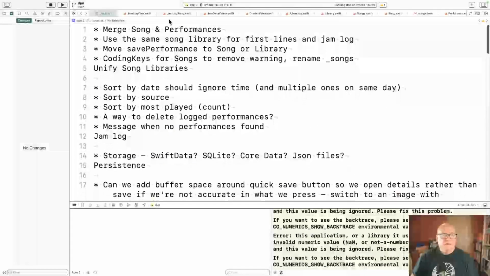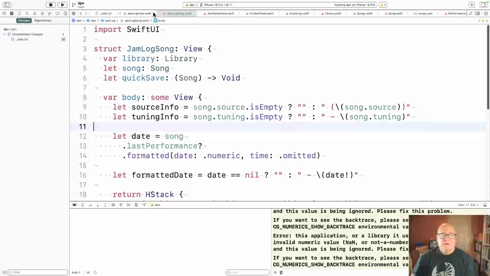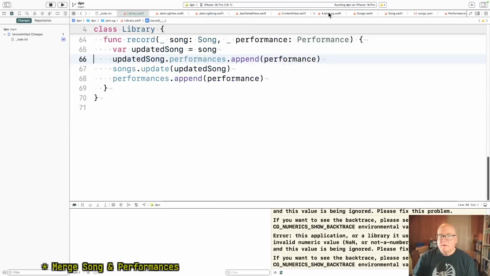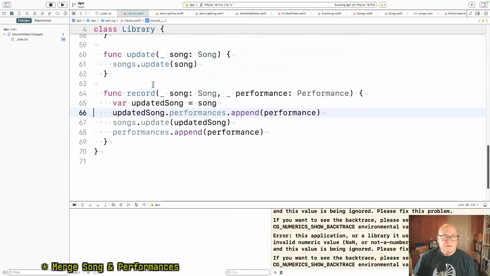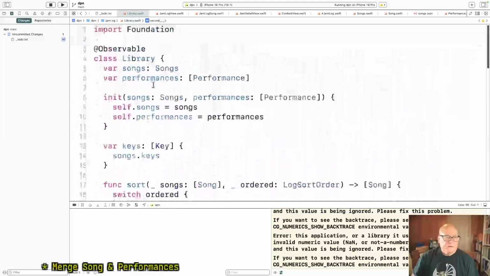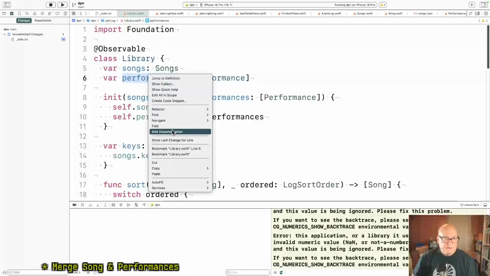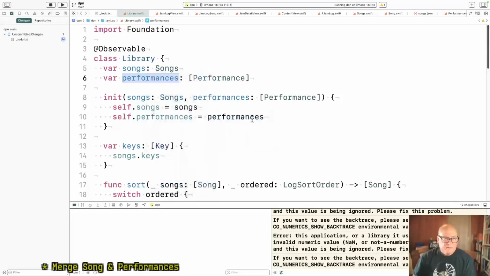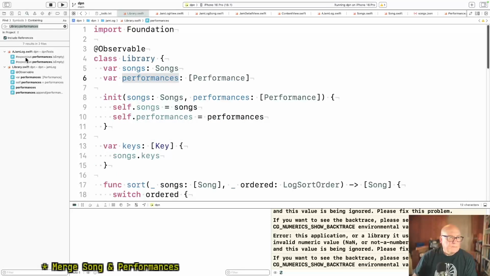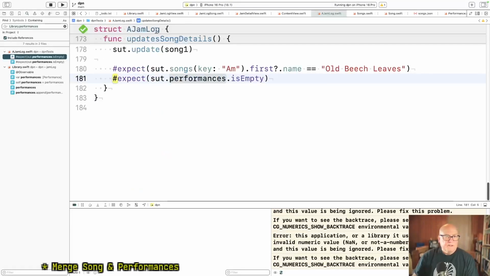Okay, now the library, who is referencing this? A JamLog, which probably should not be called that.